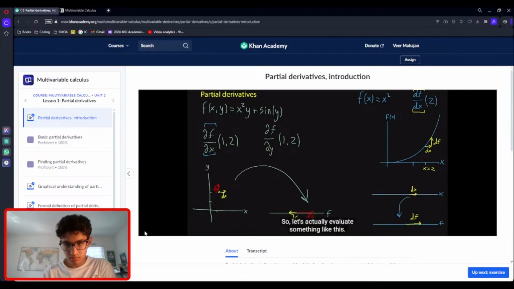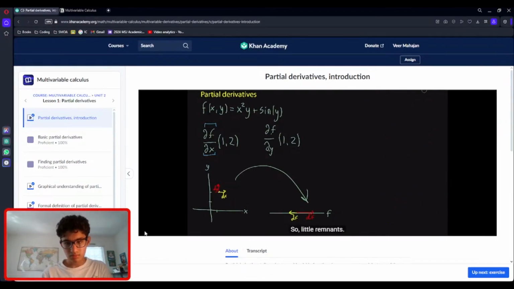So let's actually evaluate something like this. I'm going to go ahead and clear the board over here. I think the one-dimensional analogy is something we probably have already. So if you're actually evaluating something like this, here I'll write it again up here. Partial derivative of f with respect to x, and we're doing it at (1, 2). It only cares about movement in the x direction, so it's treating y